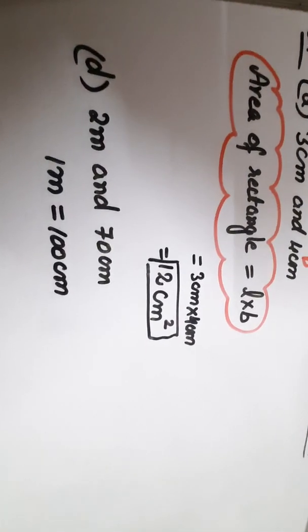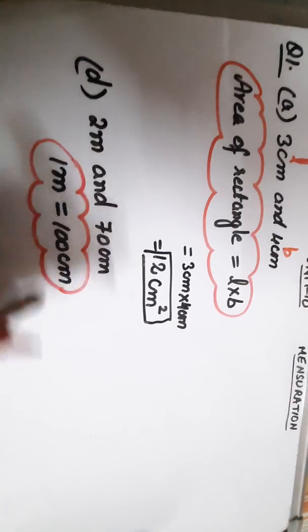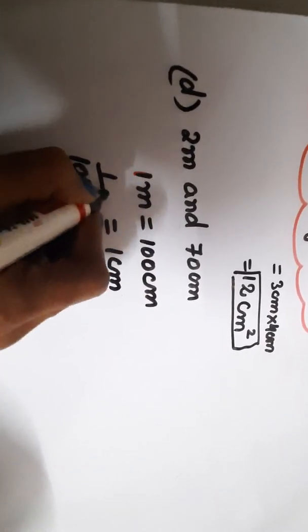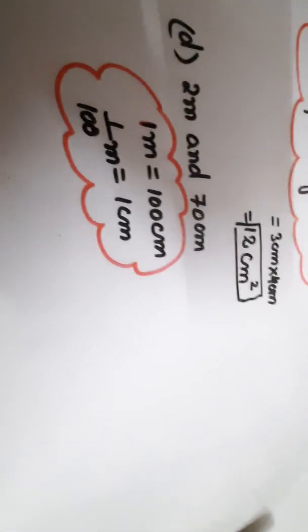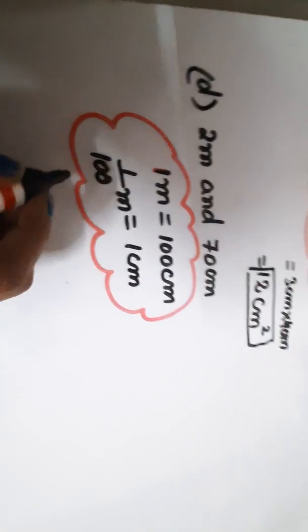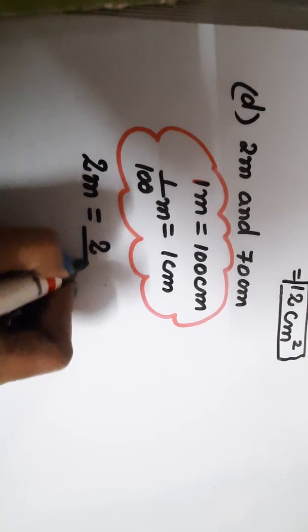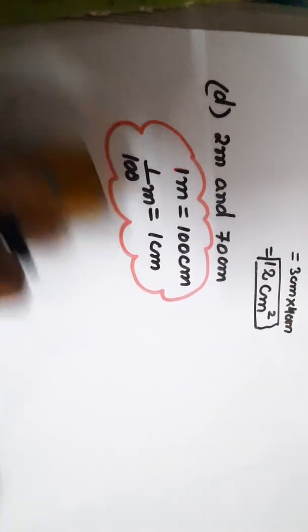So that means this is the conversion. If we want to convert meter into centimeter, we'll multiply this 2 by 100, or we can write it as 1 centimeter is equal to 1 by 100 meter. So we can convert in any of the forms, right? Now let us convert this, sorry, we will convert centimeter into meters.